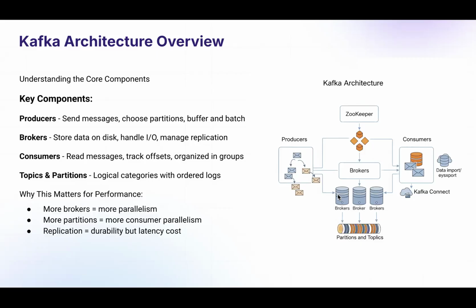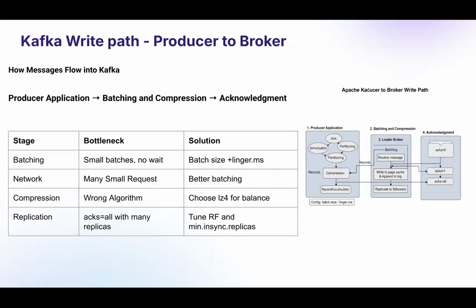Let's look at how data actually flows through the system. Kafka write path. Let's trace a message from your producer application all the way to being stored on the disk. This is critical for understanding where the performance bottlenecks hide. So in step one that you are seeing,